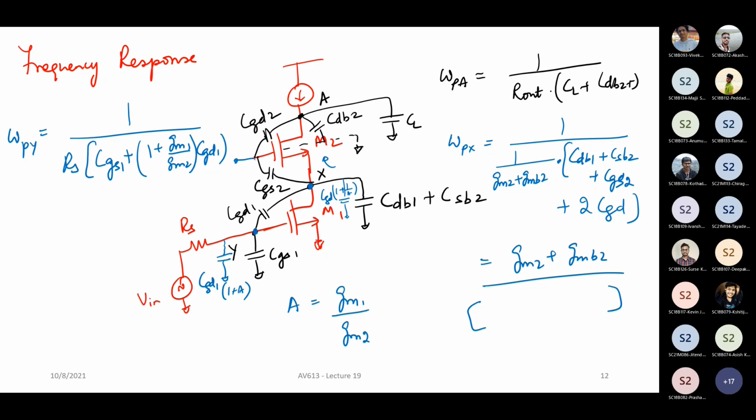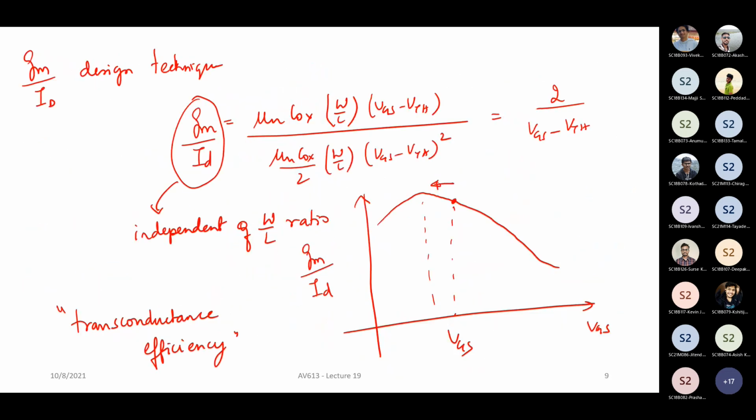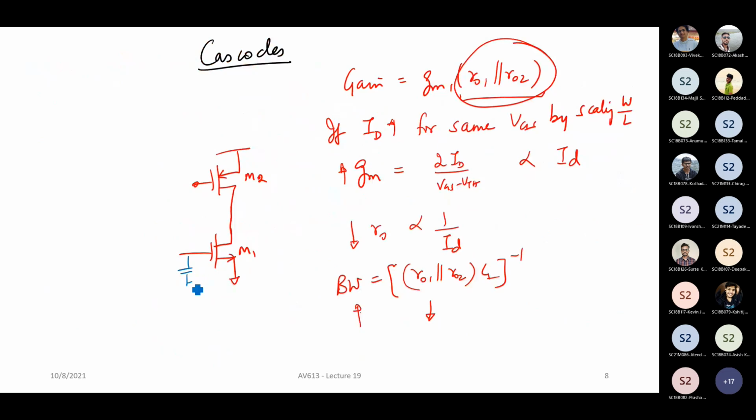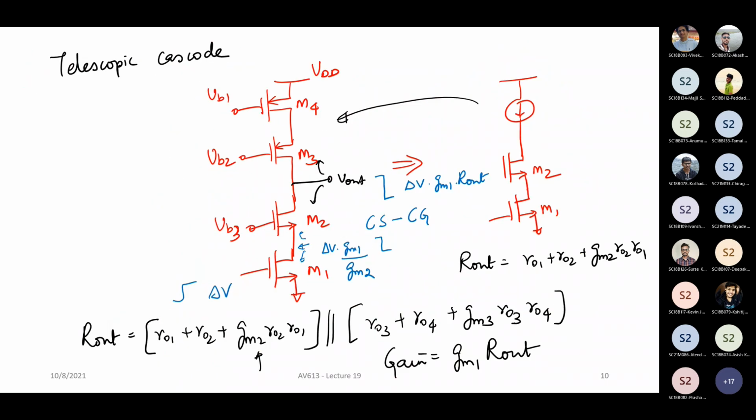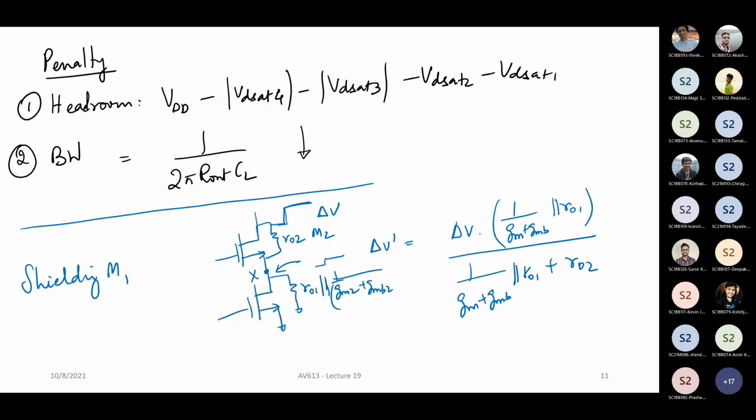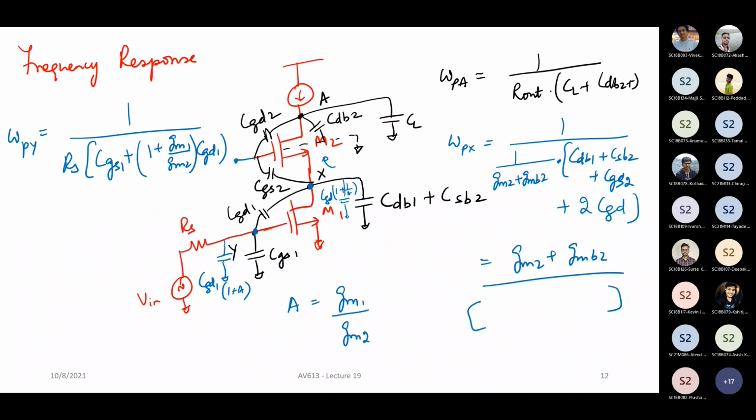So if you look at this cascode amplifier, you have, of course, an input. If you look at this other normal amplifier, you will have some pole at the input and some pole at the output. Okay, you'll have only 2 poles, and typically if Rs is small, the output pole will dominate. Here you have 3 poles, because of this intermediate node also, which has some capacitances, right? So typically this will be the dominant pole, and the other two will be at higher frequencies.